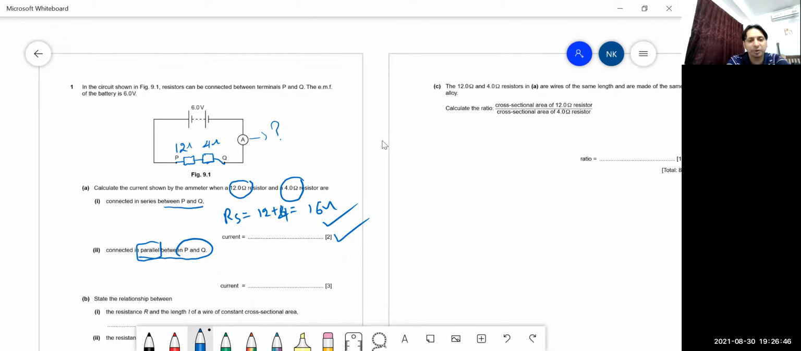Okay, even I'm not drawing the diagram, so I will do this part directly. They are connected in parallel, so you have the equation R1 into R2 divided by R1 plus R2: 12 into 4 divided by 12 plus 4. So what will be the answer? 12 fours are 48, 12 plus 4 is 16, 16 threes are 48, and then current is equal to,